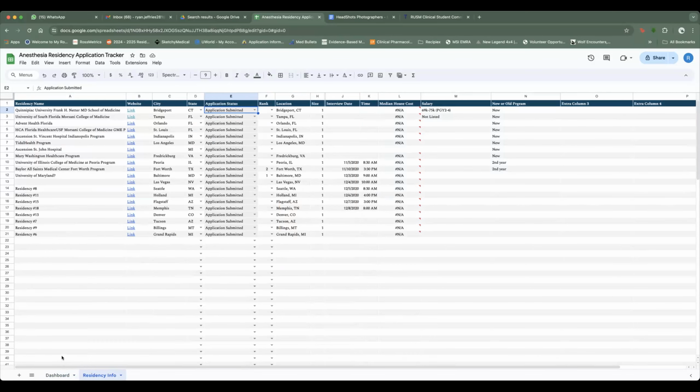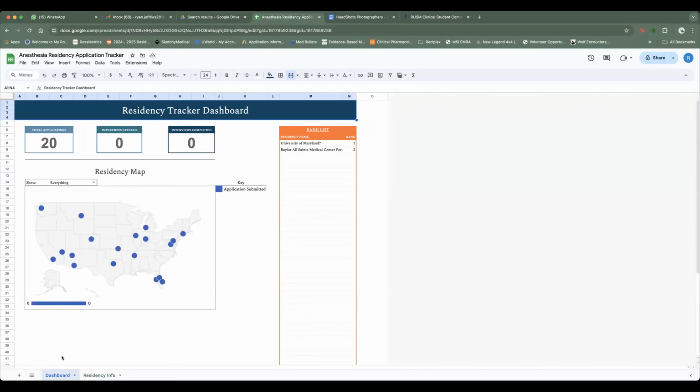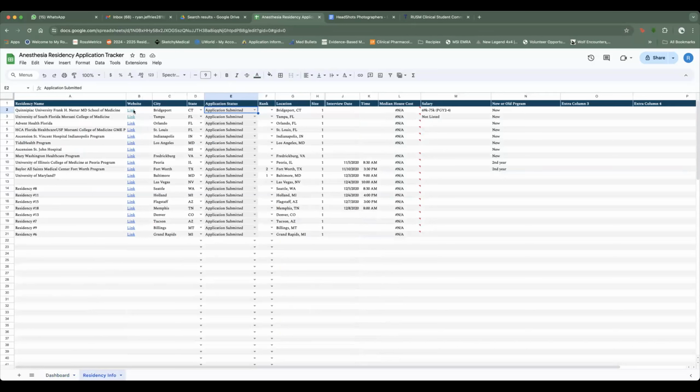Yeah, that's why I really got it, was for this. I saw this and I was like, oh, this is really nice. This will help keep it organized. And then you can, of course, customize all of your columns over here. I'll tell you what, I will put the link to this, or I will find the blank one and then put a link to it to download, either in the community WhatsApp or